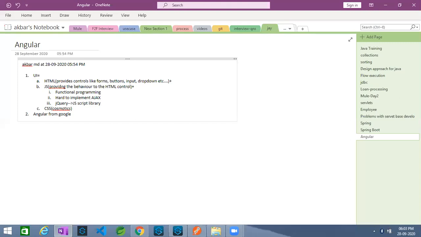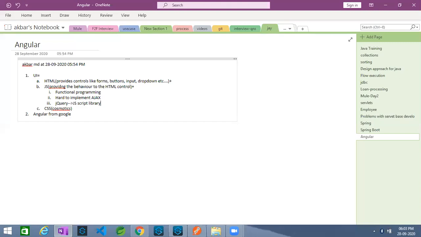This library is providing some sort of validations. jQuery is providing certain components like calendar. If you use tables, sorting, filtering and searching options are provided by jQuery components. But even then people are not happy with these things, especially the way of writing jQuery.